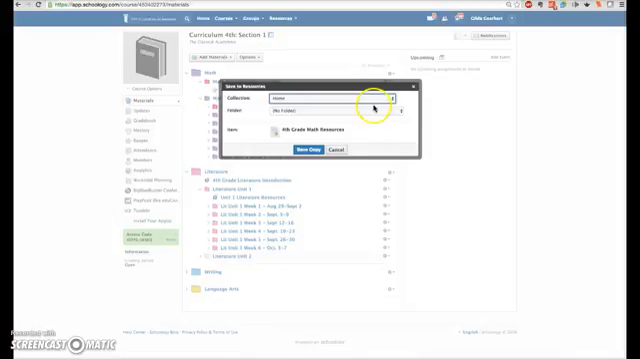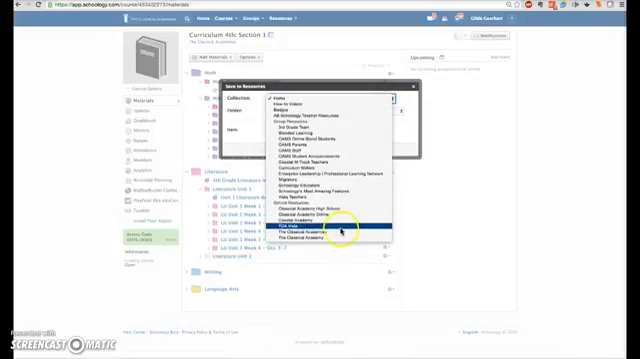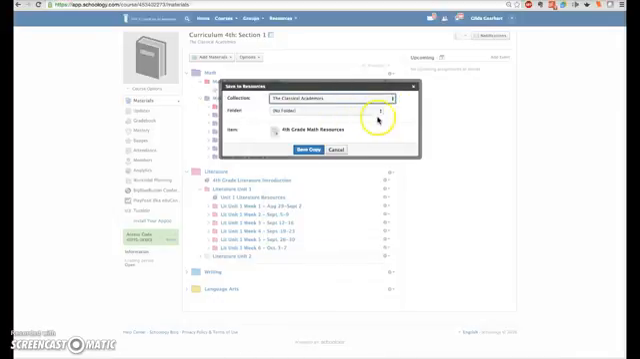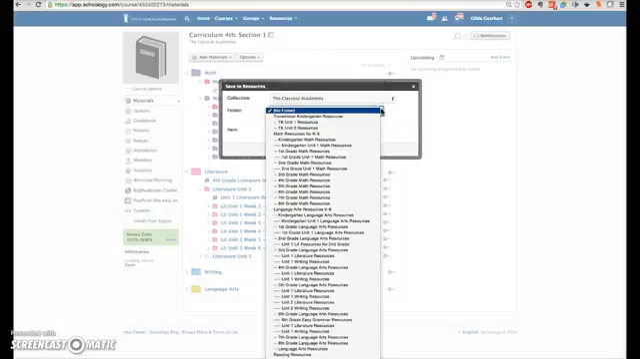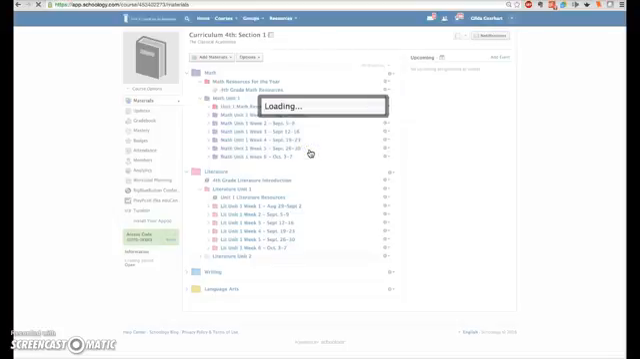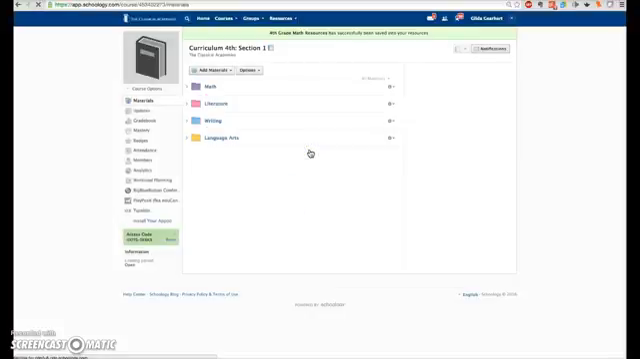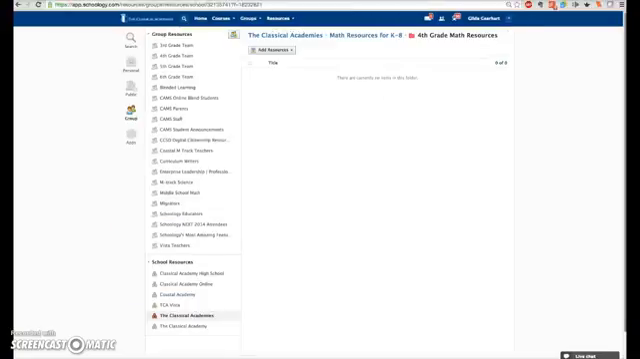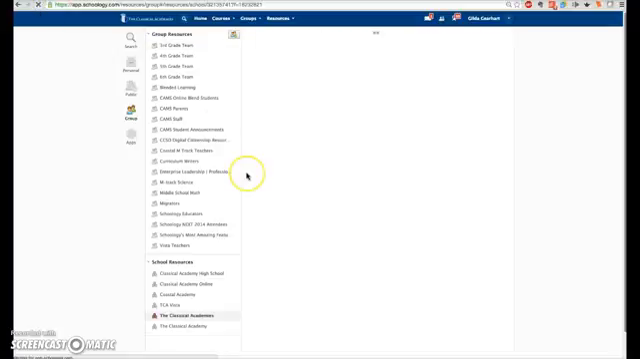In the pop-up window for collection, choose the Classical Academies. For the folder, select the correct destination folder. In this case, we want to send it to the 4th grade math resources and then click Save Copy. Now we'll go back to the resource area. Here we are in that 4th grade math resources folder, and when I refresh the page